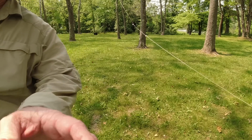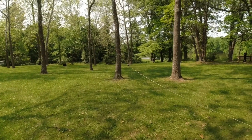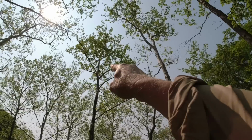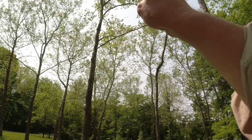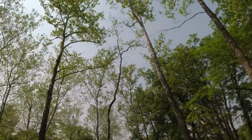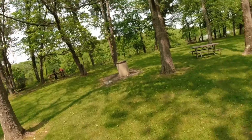You probably didn't get to see any of that. Tell how poorly I position things. So if you look here, you'll see that the feed point's about right here. It's going up into this tree right up there and back down again. And there's just a little bit of a V going over the end. This is a pretty tall tree. That was a decent throw right there. So now we need to hook up the rest of it and cross our fingers that